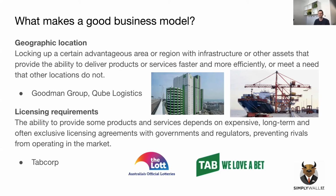Lotteries are one of the best stable income, stable profit generating businesses that there are globally. But the thing about it is, at least in Australia and pretty much every other country, you need to have a license to operate a lottery. Most countries still have government owned and operated lotteries just because it is such a good profit generator. But in Australia, there's one company that controls most of the state lotteries, and that's Tabcorp,